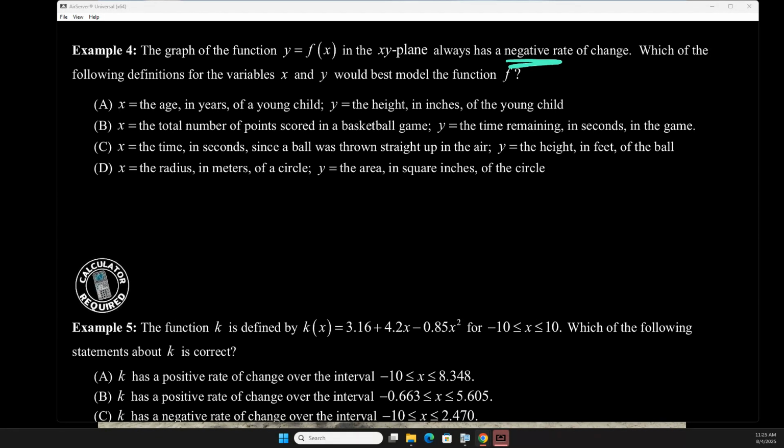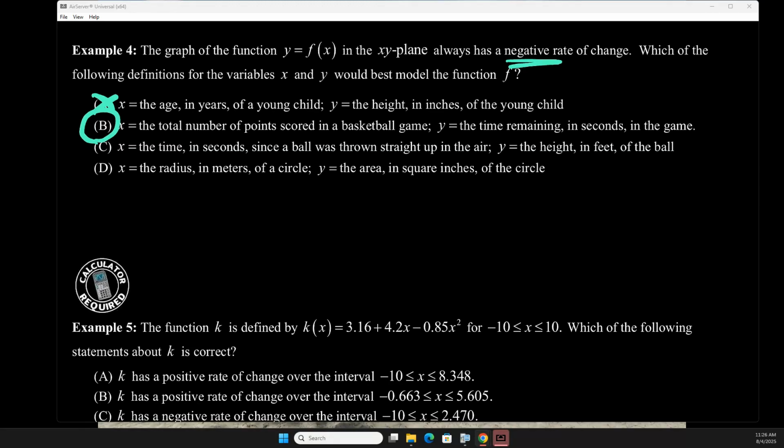A says the age in years of a young child is the input, and the output is the height in inches of the young child. As the age goes up, should the height go down? No. So that's wrong. B says the input x is the total number of points scored in the basketball game, and y is the time remaining in seconds of the game. As the points go up, would the time go down? Yes. That is really weird for the output to be time, because usually that's the input, but